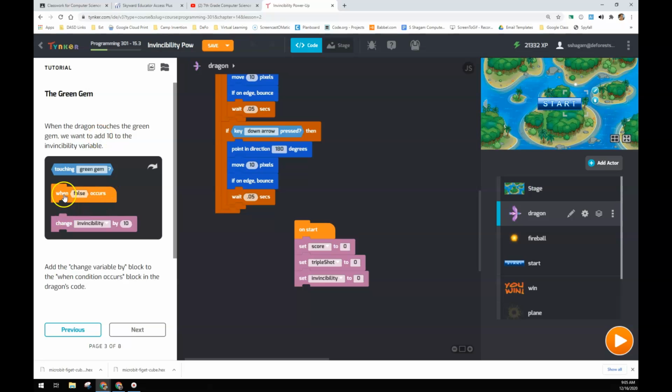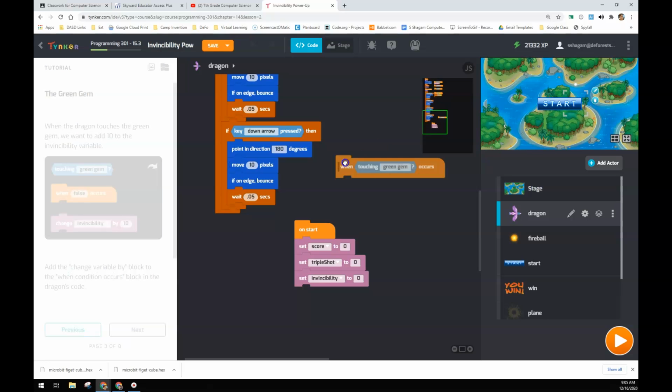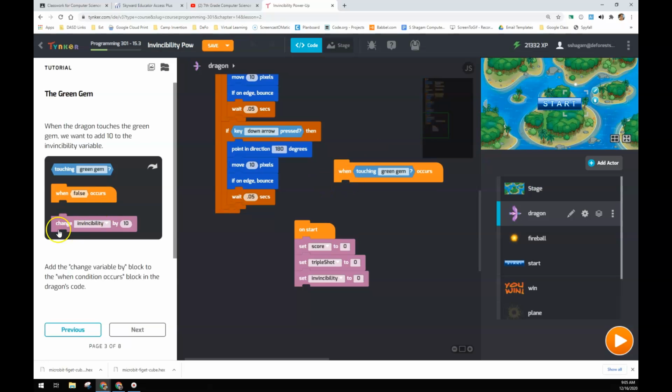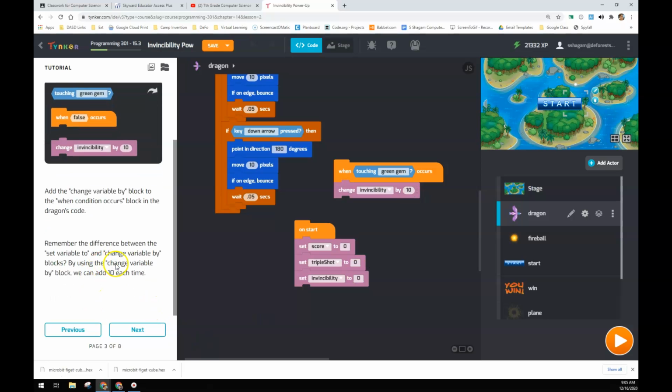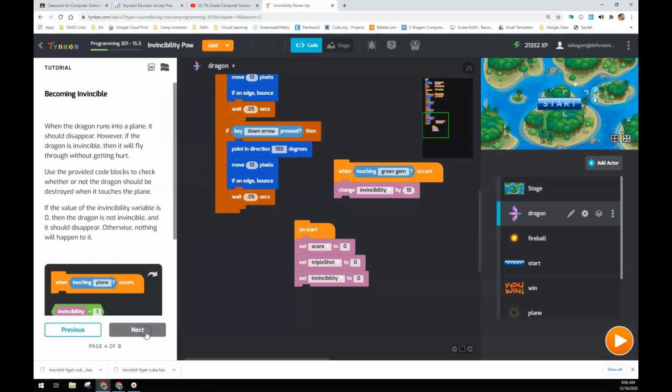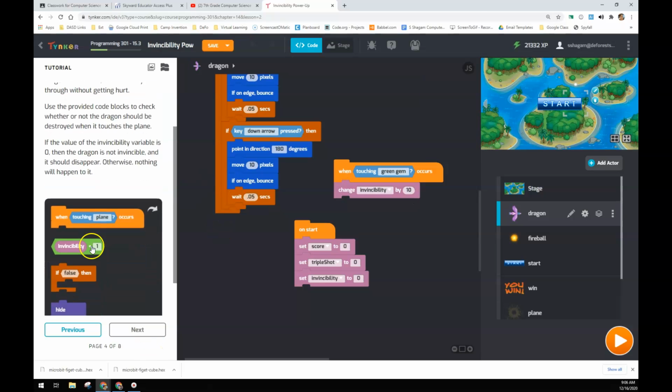So now we're on the dragon. When the dragon touches the green gem, so the red one gives us the triple fireball, the green gem is going to give invincibility 10. So that's our timer. So we're going to change that to 10. Now change by 10 is different than set. If we change by 10, we can add 10 each time, so you can keep adding on to this one. So to become invincible,